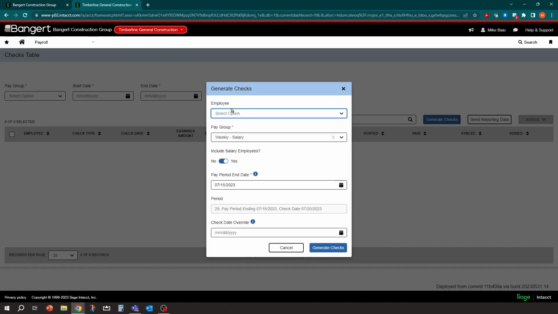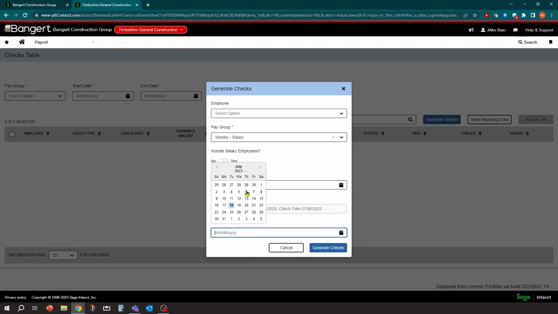What you could do is leave it blank, process the weekly salary, and don't include salary employees. Now, if they've already been processed for the week, they're not going to add another one anyway, so it wouldn't hurt if you had yes on here. But if I just say no, it's only going to process time that's eligible, which in this case is only Doug. So either way you do it, it's a preference here. You do need to make sure you select the correct period end date, which in this case is going to be July 1st again.